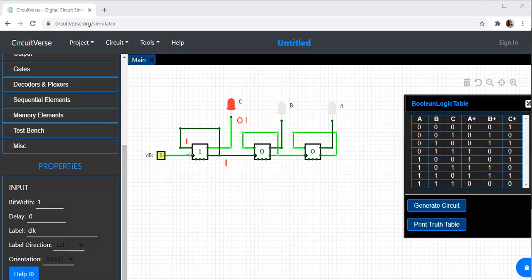Now when clock is equal to 1, so here I made clock equal to 1. So what was the value over here? Now since this is 1, this value will be 0. 0 is passing over here. Will this get activated? This will not get activated since 0 is the input. So 0 is retained. This is the initial value. As of now, I'll keep it pending.